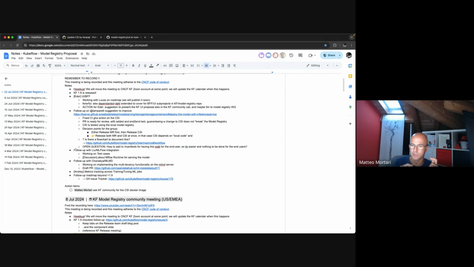If that is the point, then I think it is not strictly about having the MLflow runtime for serving the model. It's mainly another case for a custom storage initializer.